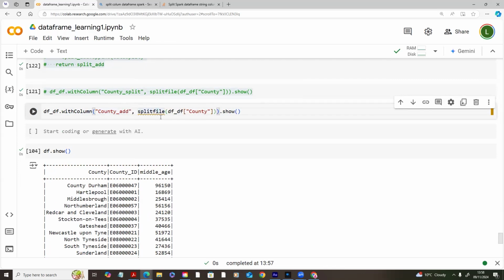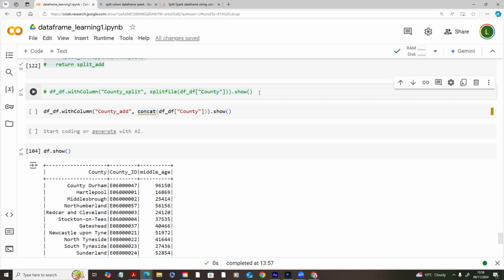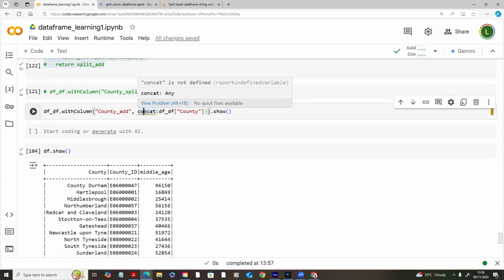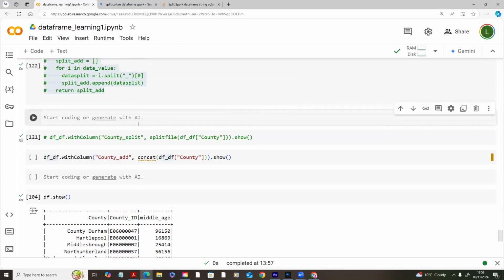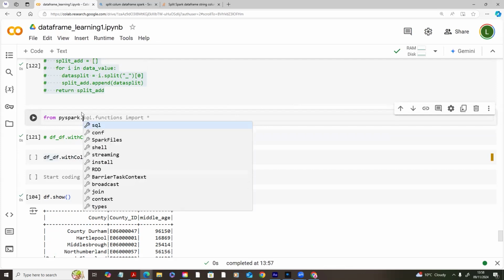Let's say, for example, we can also use something called concatenation. They call it concat. But we can't use this concat without importing the library. Does that make sense? Can you see, it says concat is not defined. So we need to actually define it. So what we want to do in this case, we have to import from PySpark dot SQL